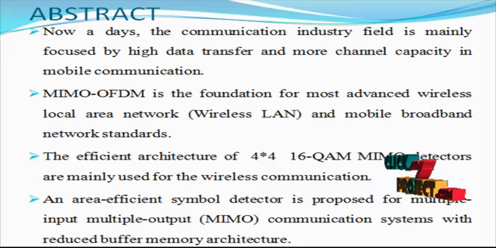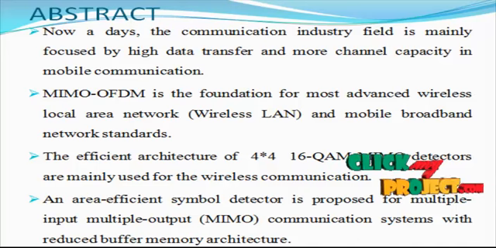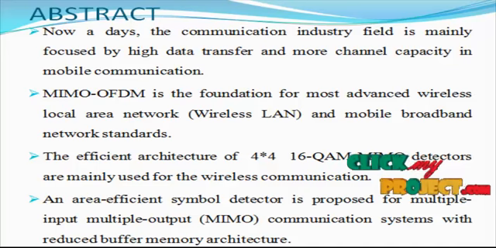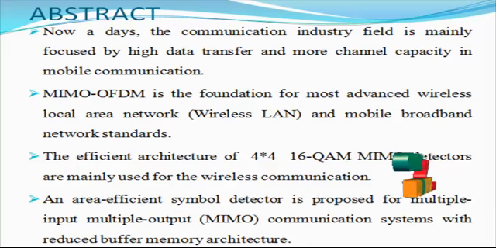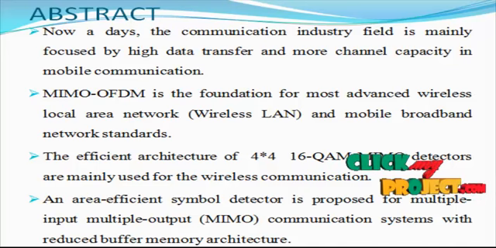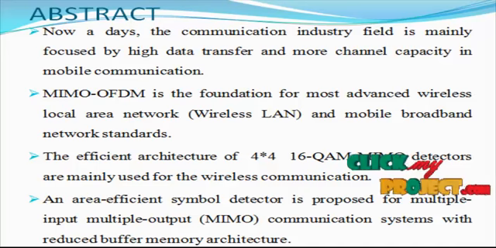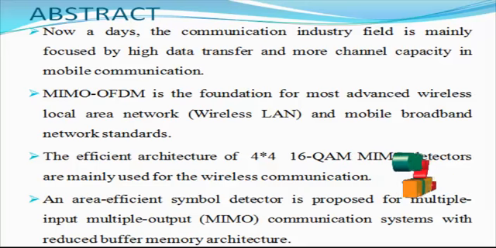The Third Generation Partnership Project defined Long-Term Evolution to meet the requirements of 4G wireless communication. LTE combines multiple input multiple output technology with orthogonal frequency division multiple access technology in the downlink and single carrier frequency division multiple access in the uplink to achieve peak data rates up to 300 Mbps and 75 Mbps. LTE Advanced, which is the evolution of LTE, supports single user spatial multiplexing of up to 8 layers in the downlink and 4 layers in the uplink, targeted to achieve peak data rates of 1 gigabit per second